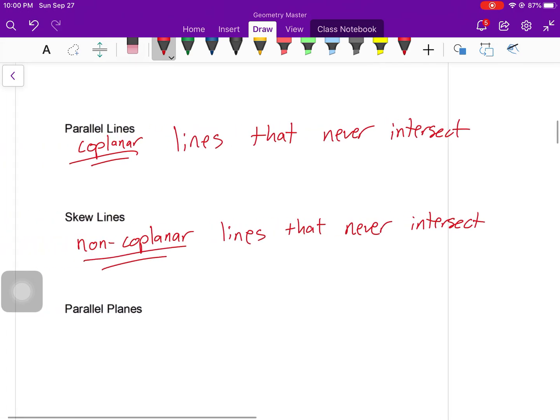So I'm going to go back to the parallel lines real quick. The way that we denote that lines are parallel is we put another arrow going that same direction. I'll just make that a little more pointy. Okay, and if we had another set of parallel lines in the same picture, for example, we would just put 2 of them on. Just like we do with congruent, we just keep adding arrows if we have more sets